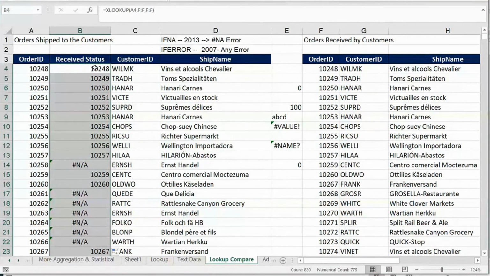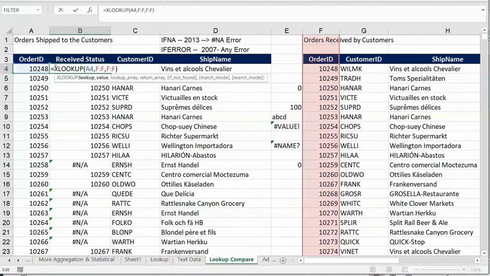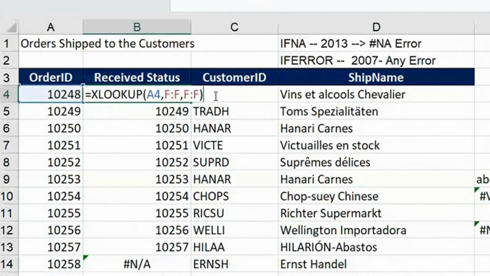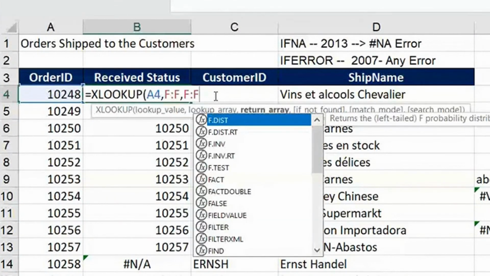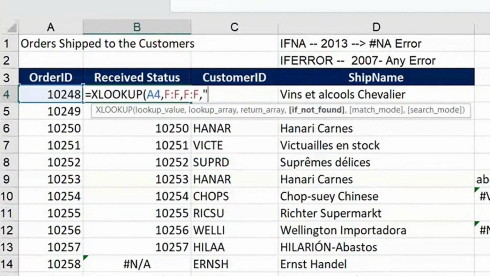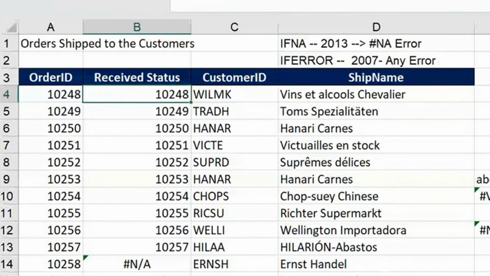Now look at last time what we did here to get the error message customized. We wrote IFERROR. We wrote IFNA. But see how nice Microsoft is now with you. Look at this. I close this. I'll wait. Hey, is there anything else in my XLOOKUP? After I put a comma, there is one optional thing here. If not found, tell me what you want me to do. XLOOKUP is asking you. If I don't find this, I can do something else for you. I can say, hey, if you don't find this, tell me this is not shipped. This order is not shipped. Single formula, enter.